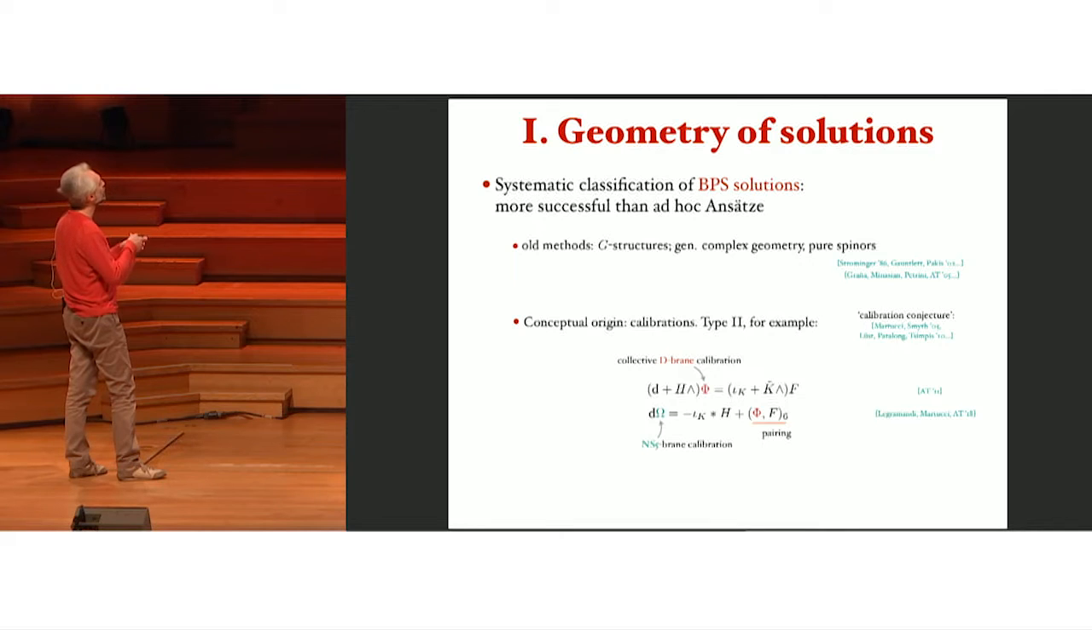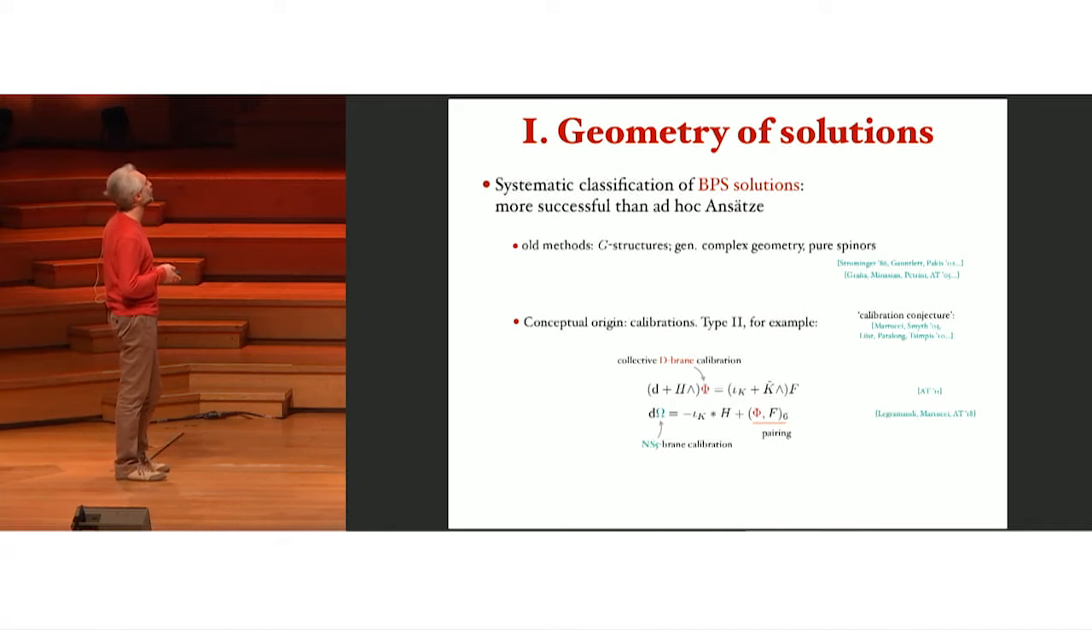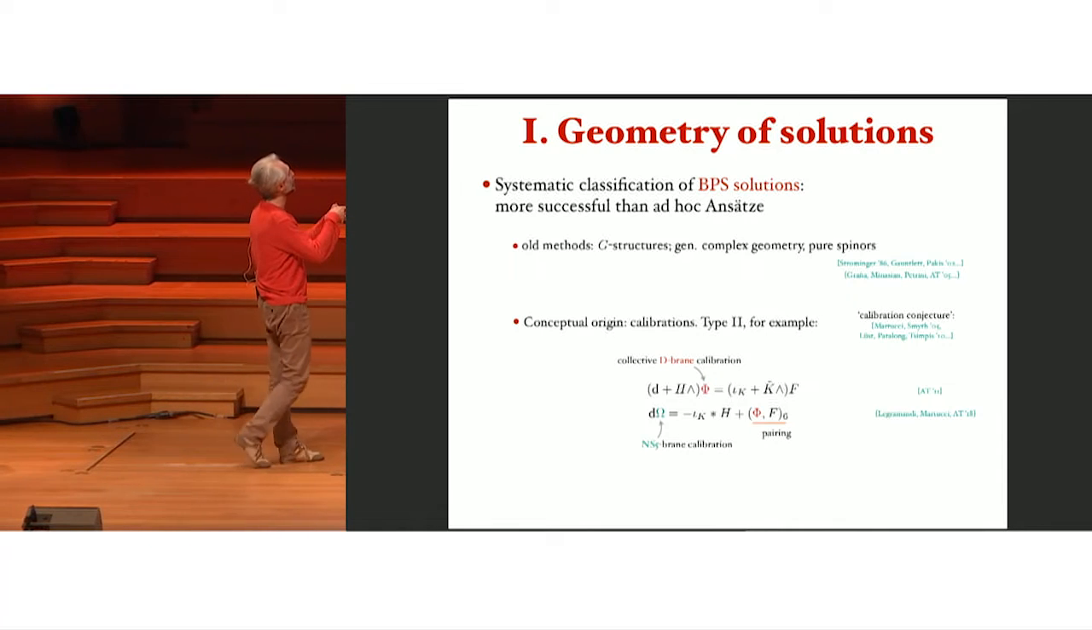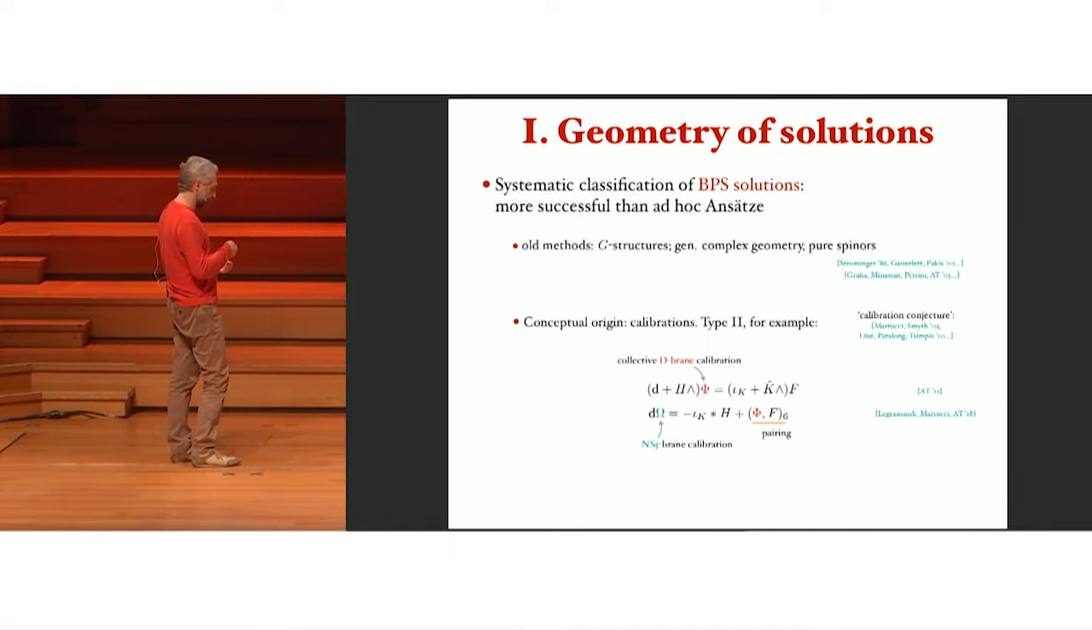Here, just a couple of comments. H is the Neveu-Schwarz flux. F is the collective polyform for the Ramond-Ramond flux. K is the Killing vector associated to supersymmetry. And this is a natural pairing among forms. So empirically,